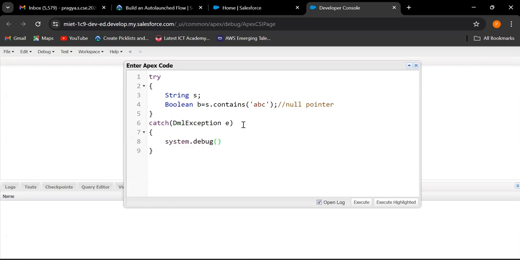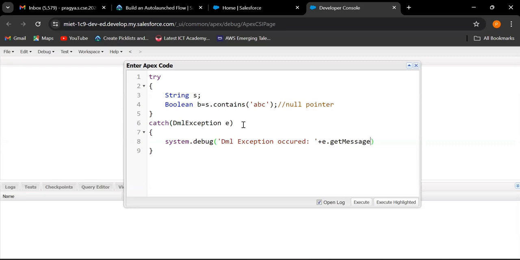It is fine to create multiple catch blocks, right? So here I'm going to say System.debug DML exception occurred, and I'm going to call this getMessage method, which is going to give you more information relating